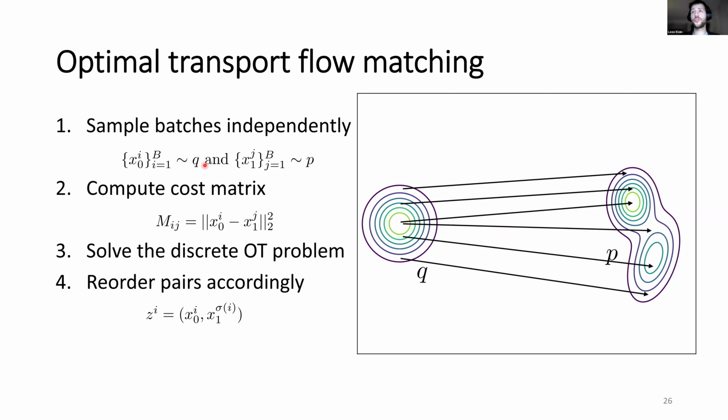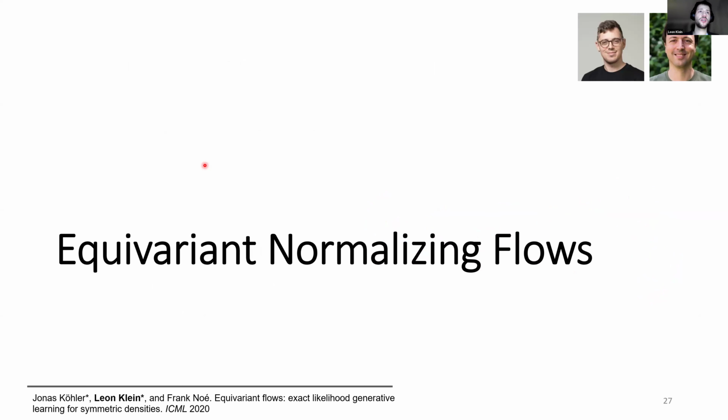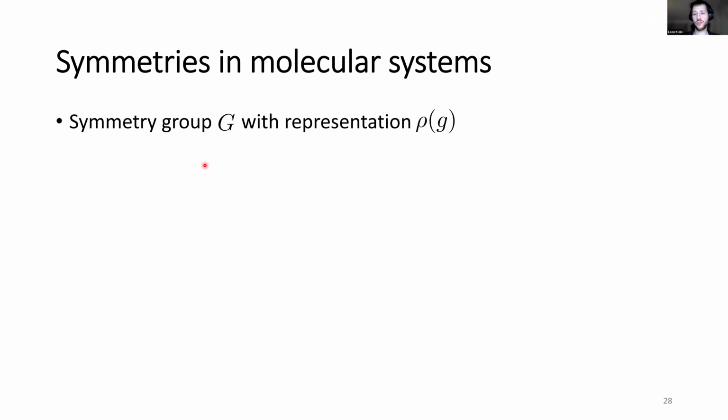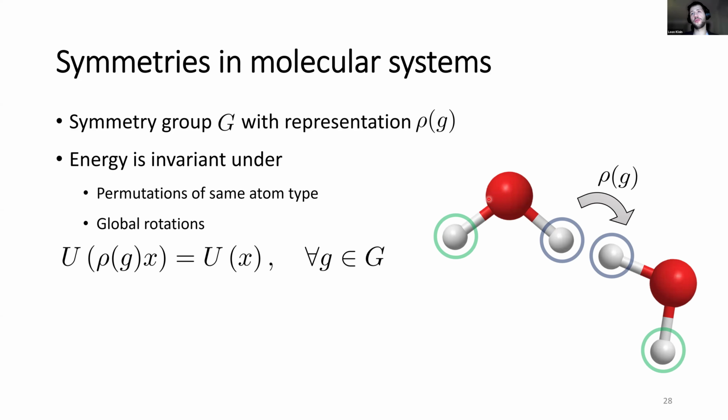What I now want to continue with is some of my work. So the first one is about equivariant normalizing flows. This is work together with Jonas and Frank. Yeah, so symmetries are quite important in physical systems, especially for molecules. The energy is often invariant under permutations of the same atom type, also global rotations. So for example, here, this water molecule, if we rotate it, the energy doesn't change, or if we exchange these